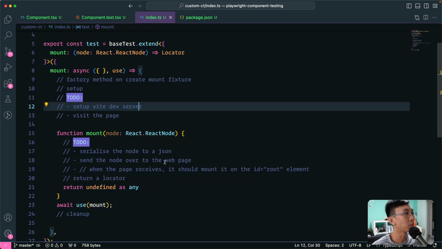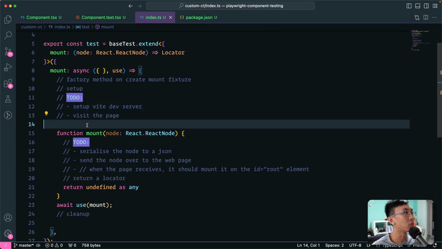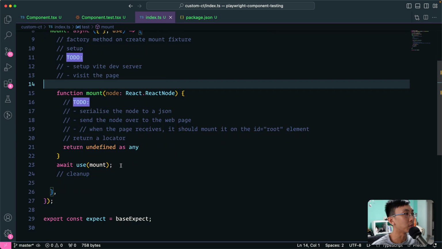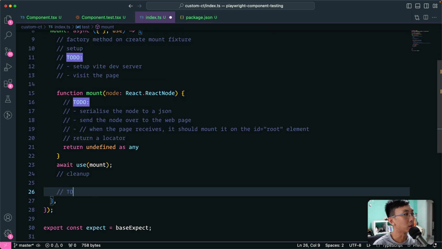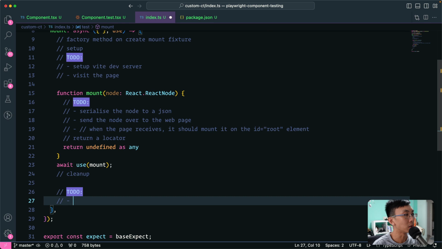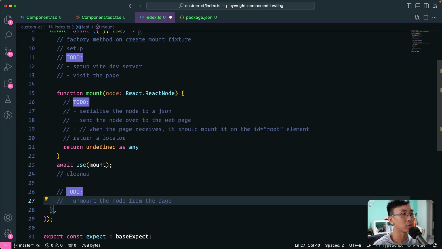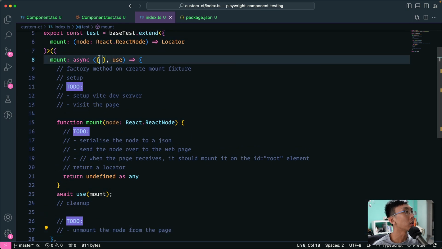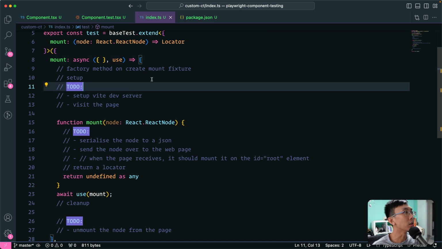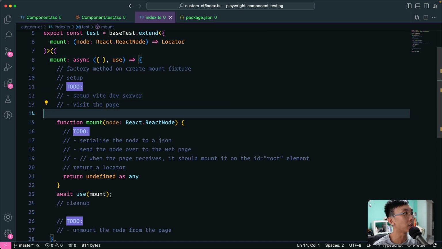Okay, so here now we have mount, and we basically have some idea of what we need to do. After mount, the cleanup phase, we need to implement. What we need to do is unmount the node from the page, and basically that's the cleanup. I think that's all we need to do, right? So here, first thing is we set up the dev server. We see the page,